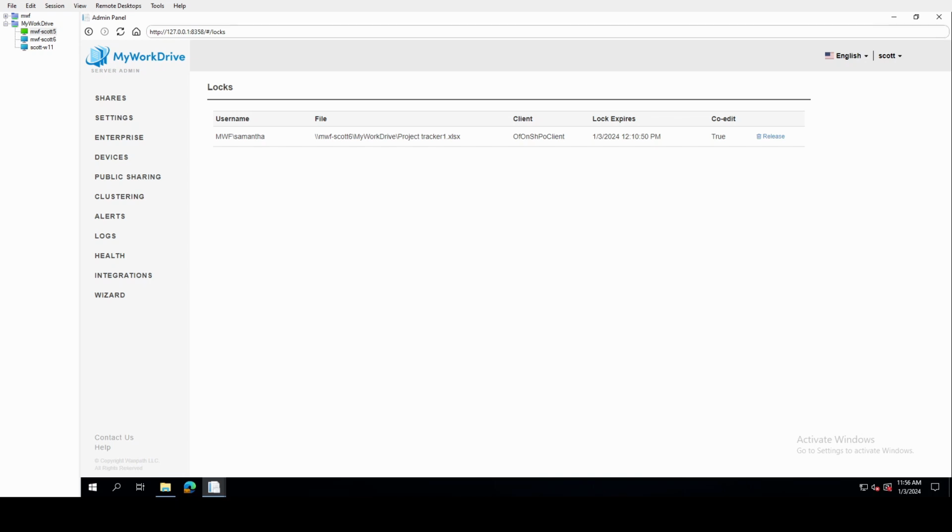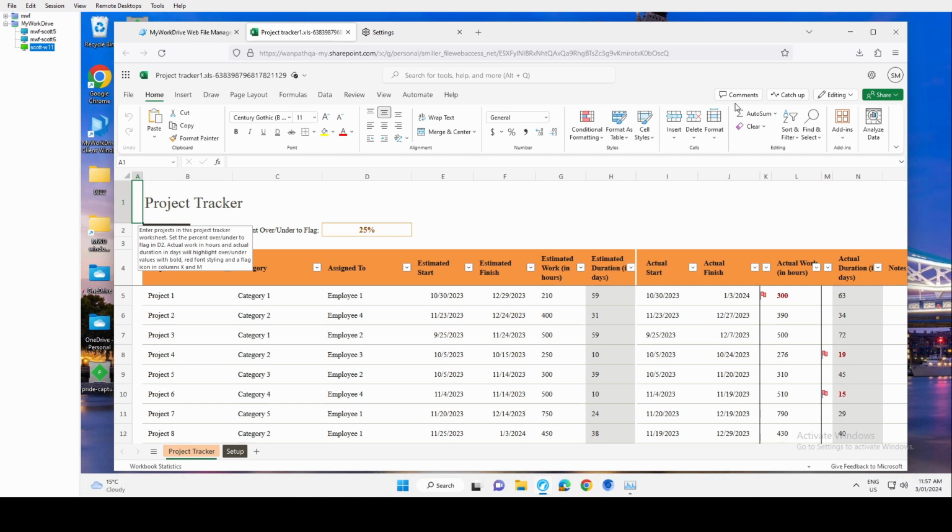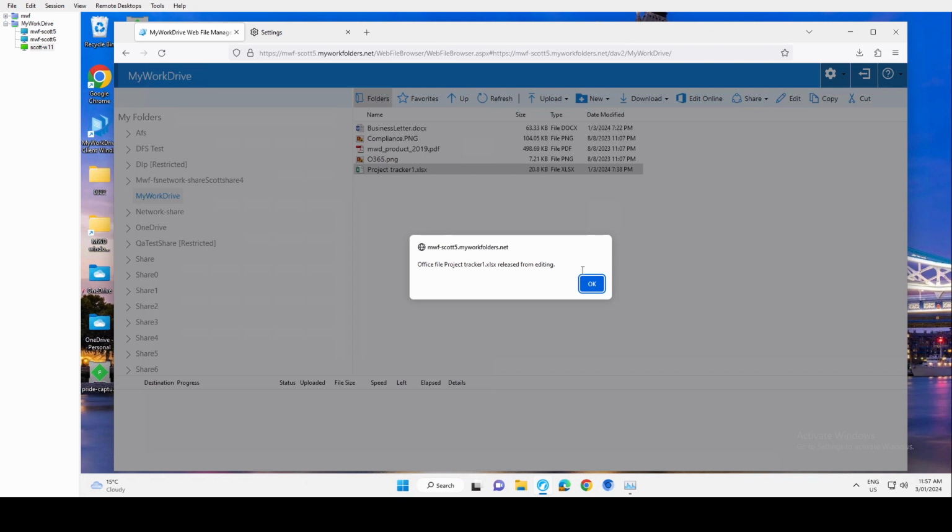And then how does MyWorkDrive work with SMB? Well, you see that Samantha has that file open and has a lock on that file. Scott has some handles open as well. Scott, as a user coming from on-prem or VPN or RDS or something of that nature, a local user, can't get to that file because Samantha has that file open and locked via MyWorkDrive. Of course, if Samantha exits the file, let's close that out here,